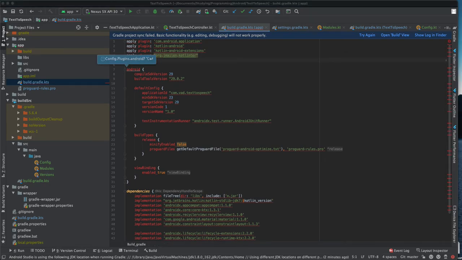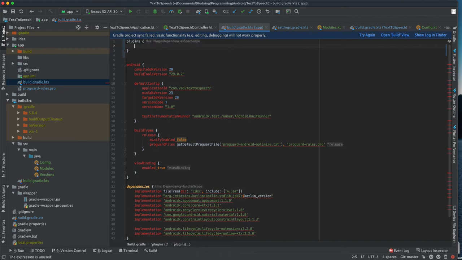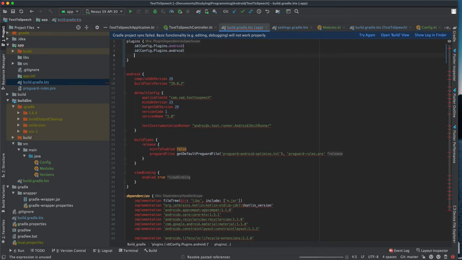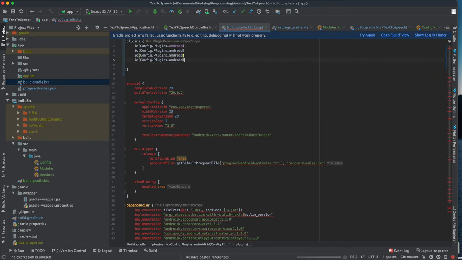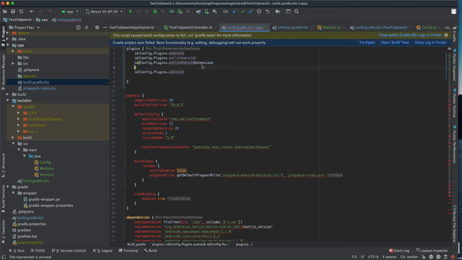That's what we have. So we have the plugins. We had the IDs for the config. We had the plugin Android. Yes. We have four plugins, so we had the Android Kotlin. That's not Kotlin. And then it had a Kotlin extension. And then we had a Kotlin